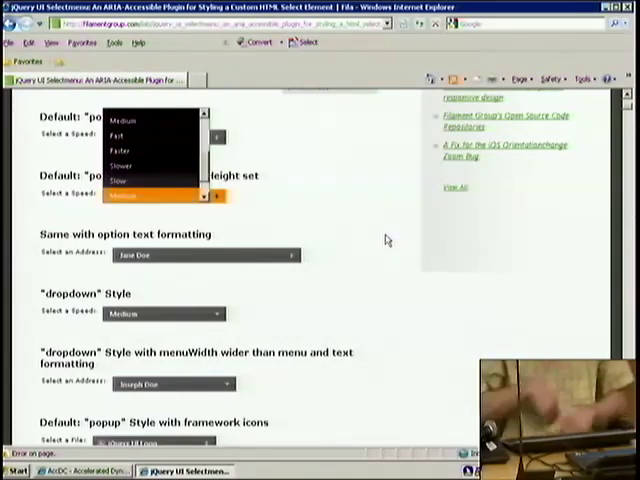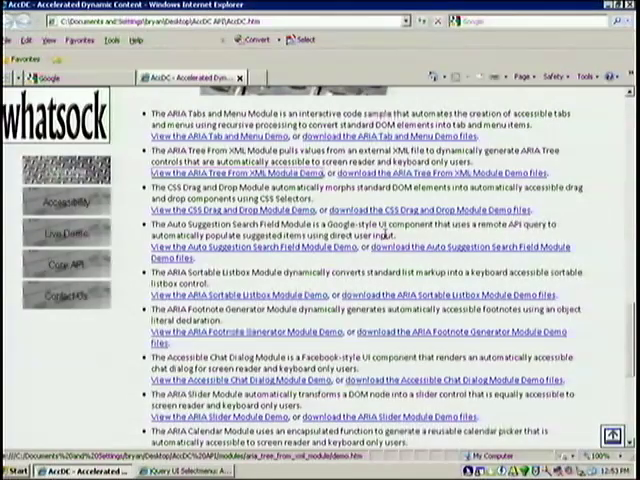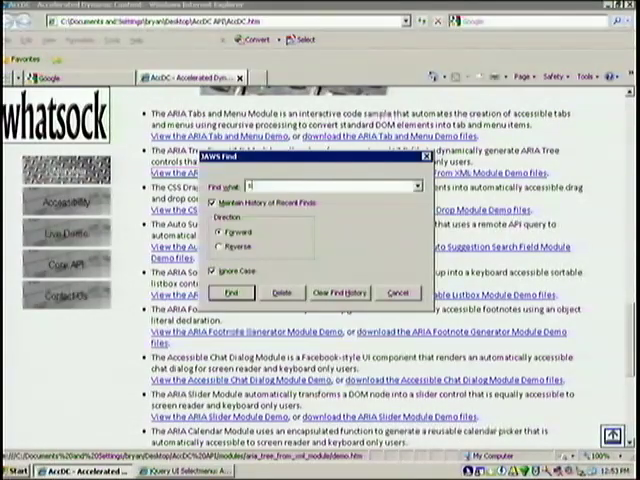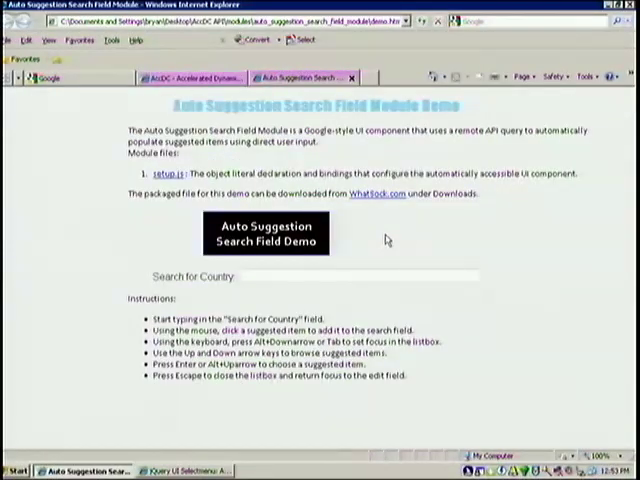So basically, the keyboard functionality for this control is not working properly. What should be happening is the following. The ARIA auto suggestion search field module: search for country, edit, forms mode on, search for country, edit, type in text: Uganda. So basically, what this control does is it opens up a similar list box type control